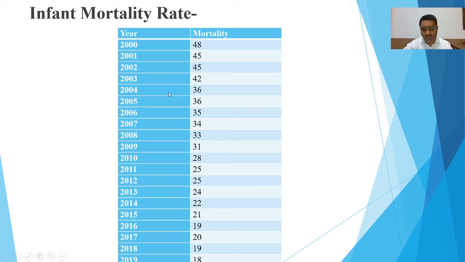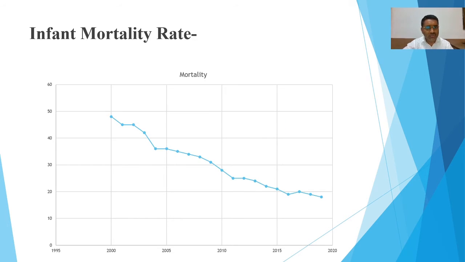So how do we use this data for showing the mortality rate? Let us see. This is the graph, with the x-axis and the y-axis. The x-axis particularly remains constant. Whatever the constant values are, we put them on the x-axis, and whatever the changing values are, we put them on the y-axis.